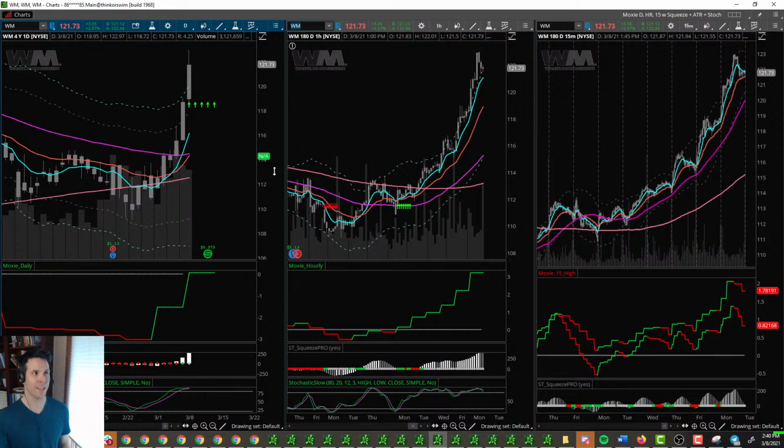Yeah, Tommy, angle of attack, that one too. However, Tommy, look at the angle of attack on the daily 50. It's not there. And this is why I'm saying this was a really good trade on the hourly and 15, but now we have to factor in the daily and say, this is not a good angle of attack, and at some point the daily is going to want to do what the hourly did, which means you're going to have price come back down to the moving average. So, yep.